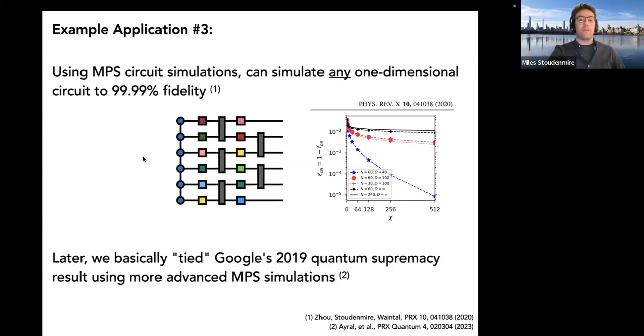But one thing we did along the way is that we first tackled one-dimensional quantum circuits. Google did a 2D quantum circuit. We said, what if we did 1D random quantum circuits? And it turned out, using these matrix product state methods, you can show that you can basically simulate any one-dimensional quantum circuit at all, like really any,